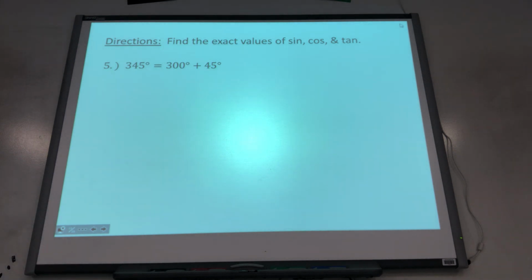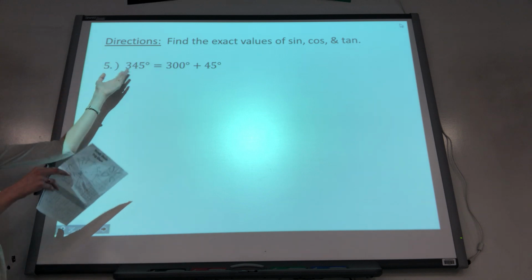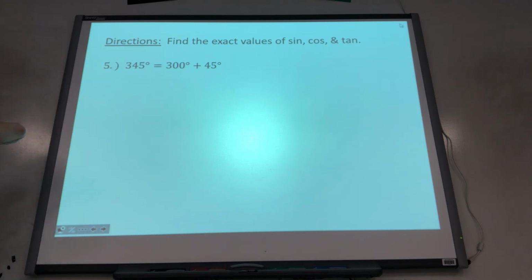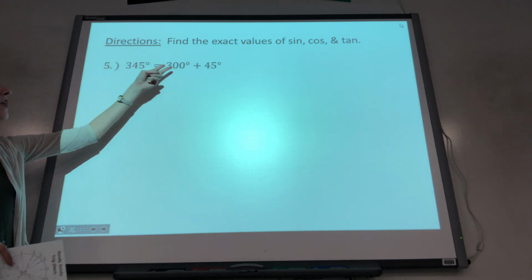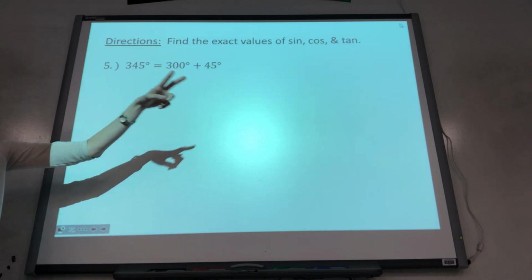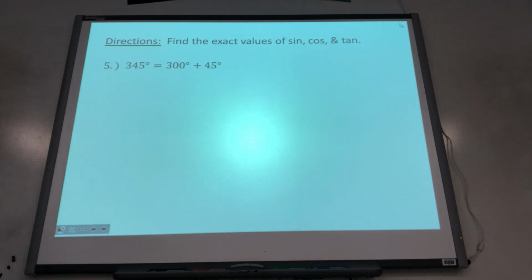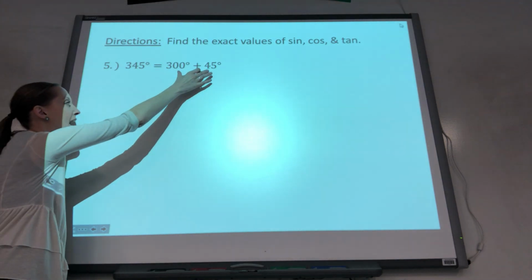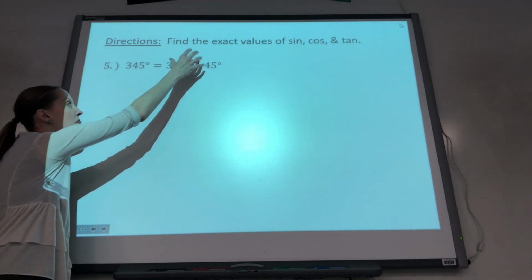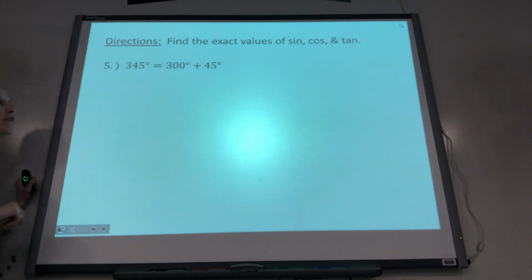If you look at the table on Handy Dandy, 345 is not on there. It's not one of our hot spots on the unit circle. It's not an angle that's used very often. However, 30 and 45 are. They're both on the table, and those are both considered hot spots. So we've basically found two angles that add up to 345.